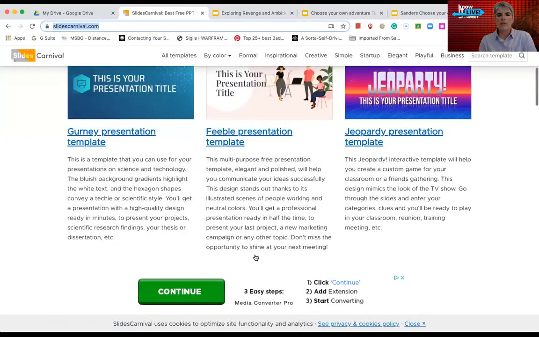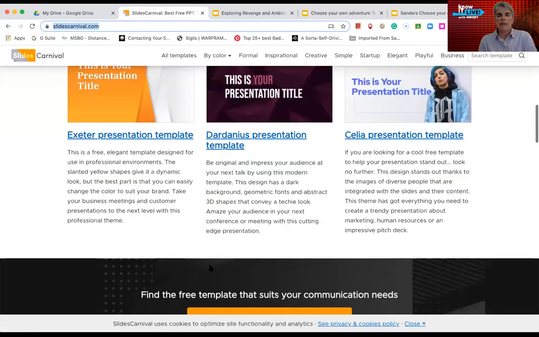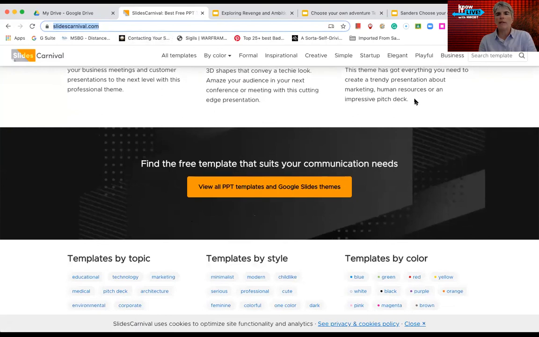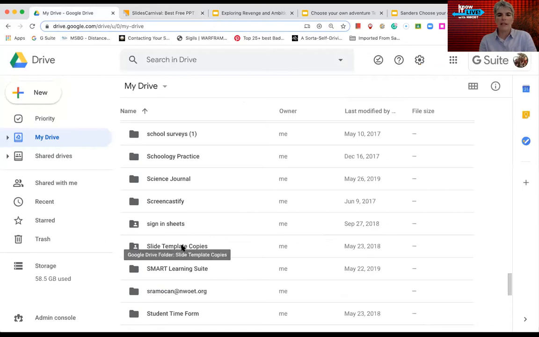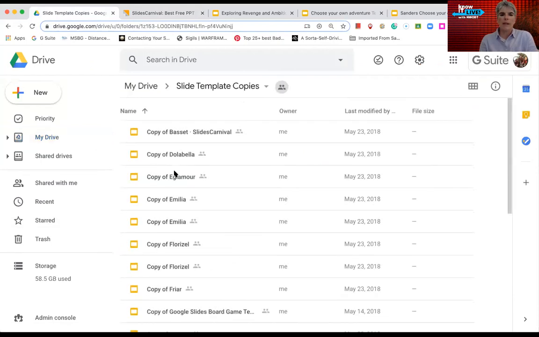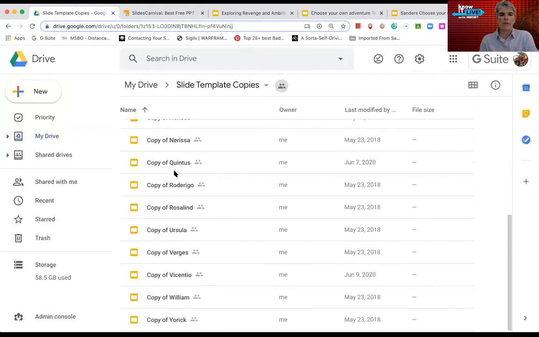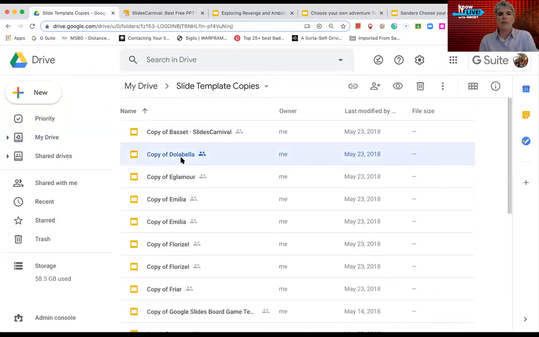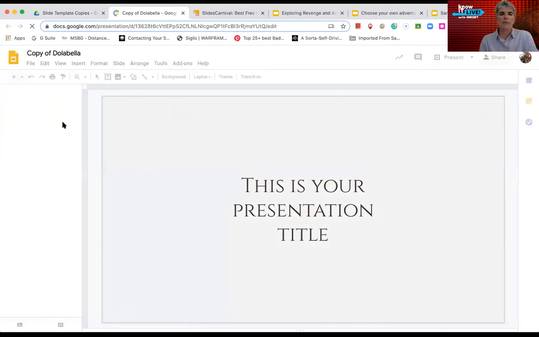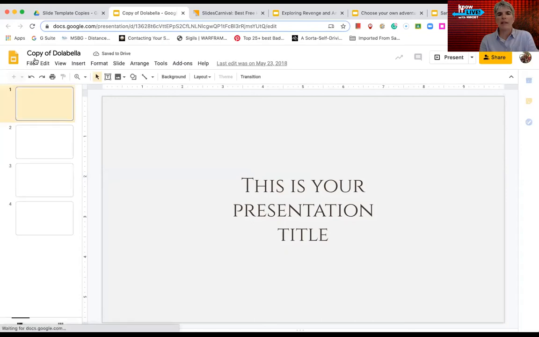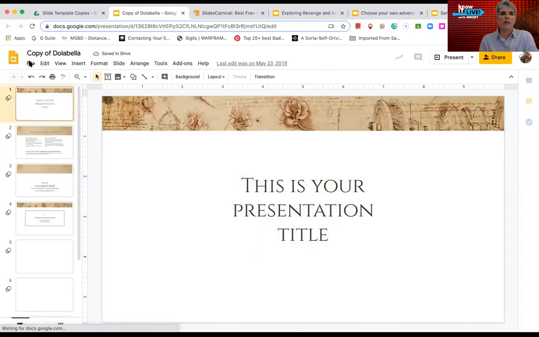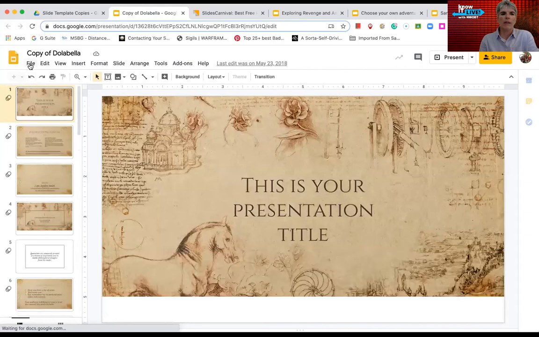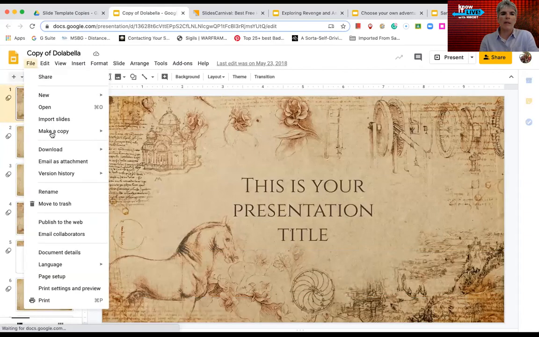It's very easy to download them and save them. And basically what it did was it saved them in my drive right here, slide template copies. So when I open that, I have all of these copies of these Slide Carnival options, different themes. So usually when I want to use them, I open them up and I select File and make a copy, because I don't want to write over this template. So I'm going to go to File, make a copy